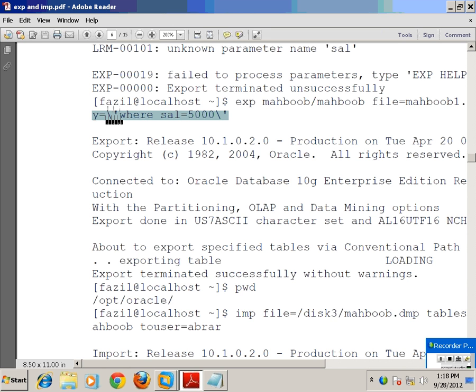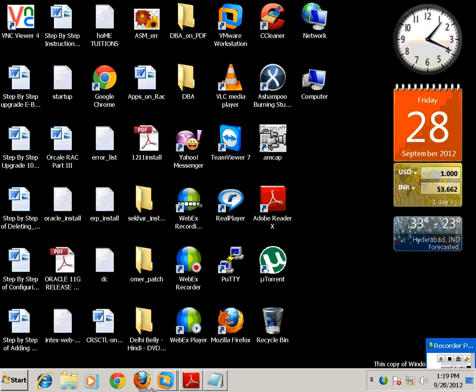You have to specify only the where condition, not a select condition. Query equals single, front bracket, slash, single quotation, where select equal to 5000, and close it. So we'll try it once you complete this.